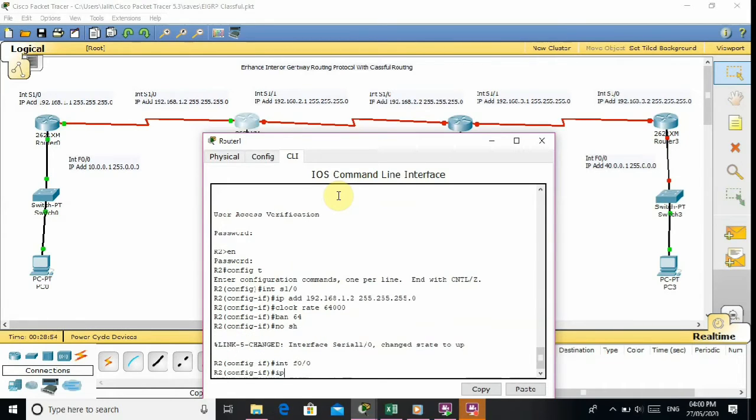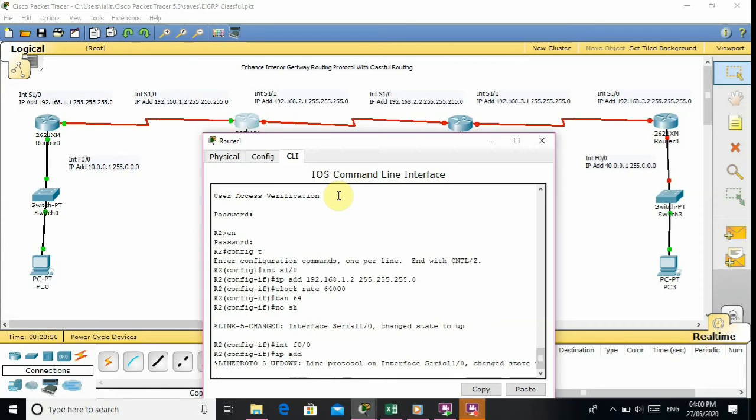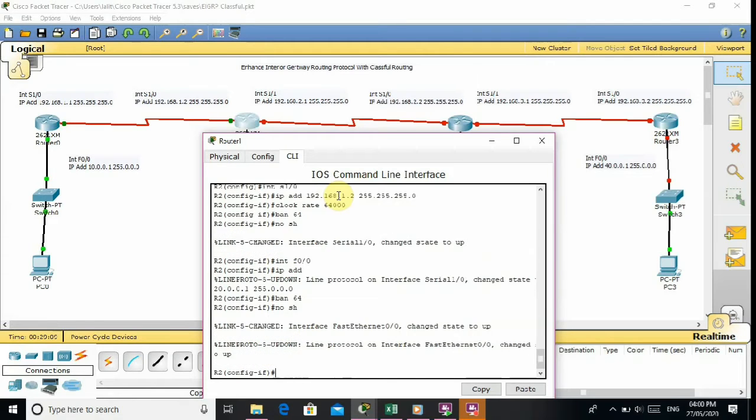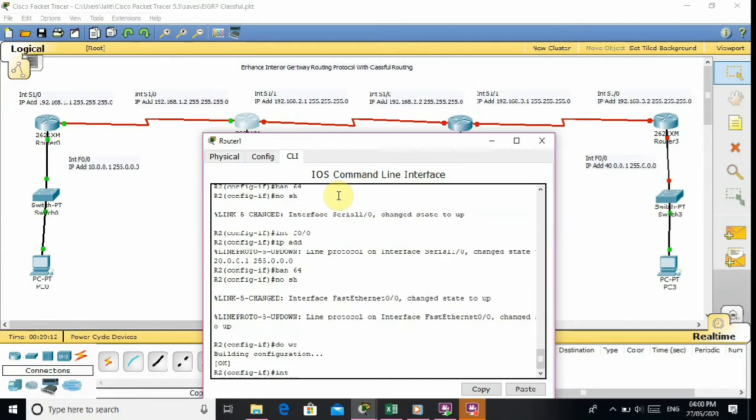Clock rate is 64,000 and bandwidth is 64 and no shutdown command used. After that I configure FastEthernet 0/0, IP address is 20.0.0.1, 255.0.0.0. Bandwidth is 64 and no shutdown command used.